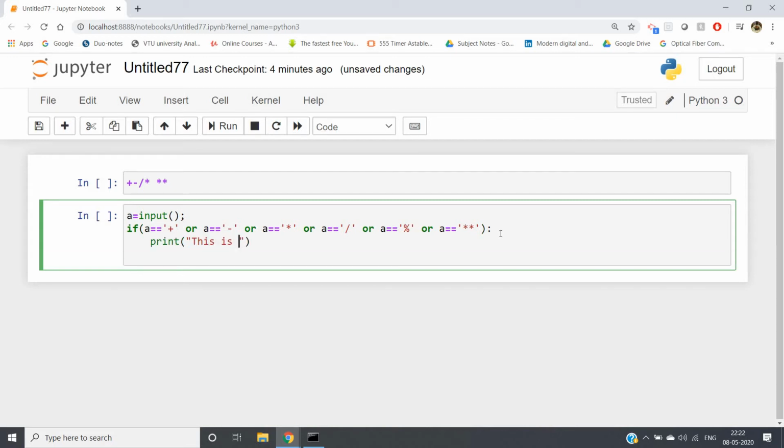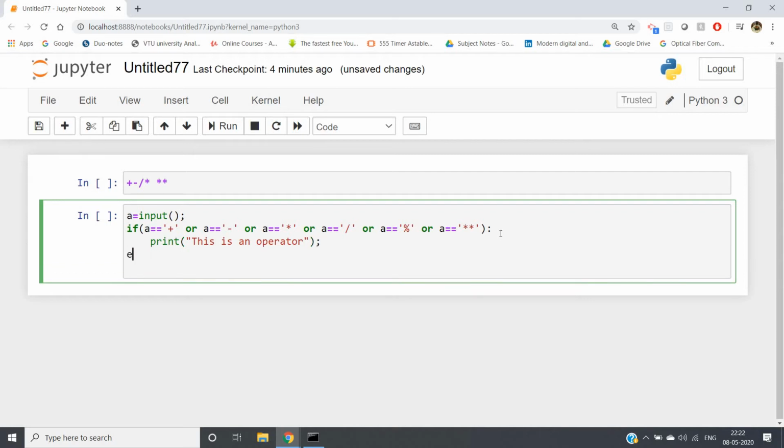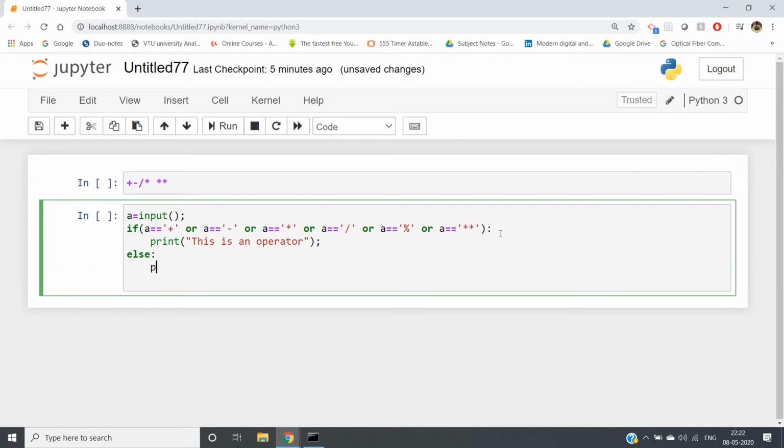this is an operator. Okay, else print this is an operand. Okay,